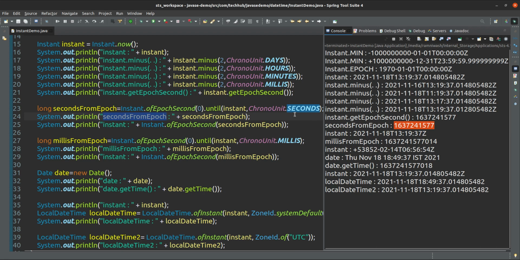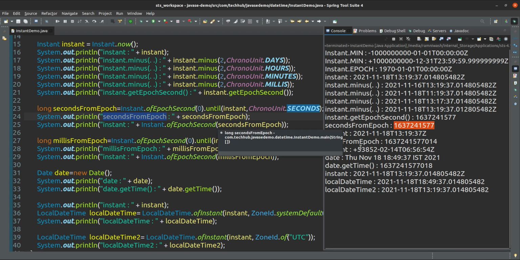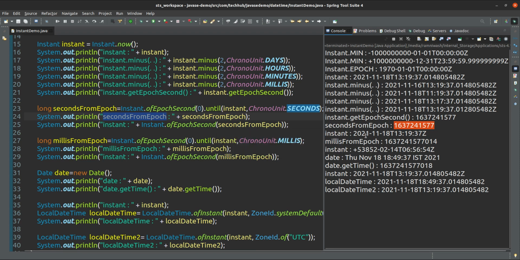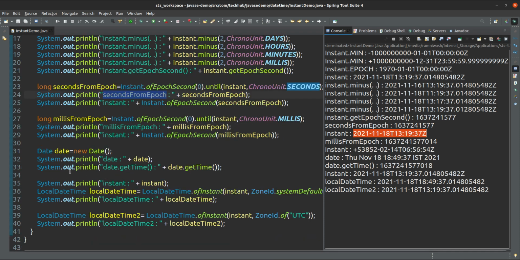From 0 to this many epoch seconds. Okay, if we create Instant.ofEpochSecond, it will give the instant of this date. On this date, whatever the time will be, these seconds will be converted into your date and time. Okay, yeah, this is the meaning of instant only.